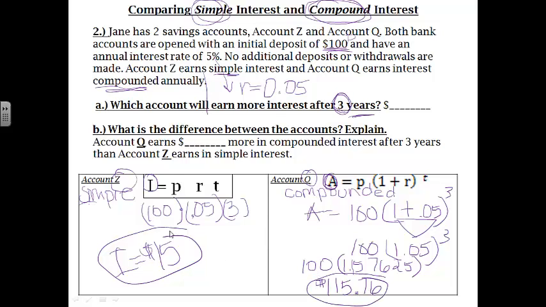Wow, look at the difference. Simple interest is very simple, and we don't get much moolah. With compounded interest over